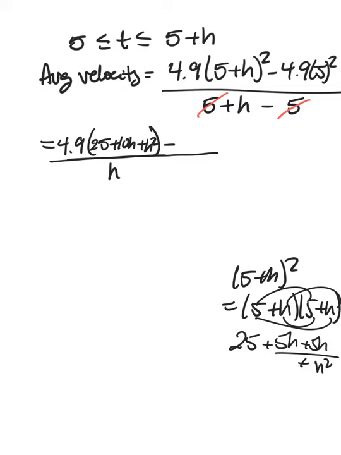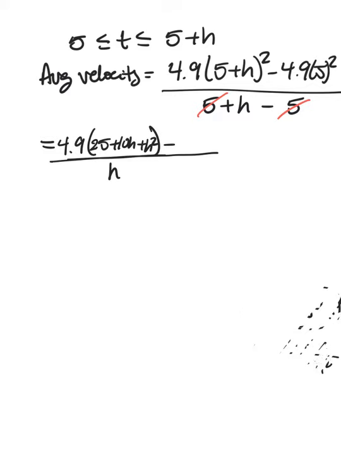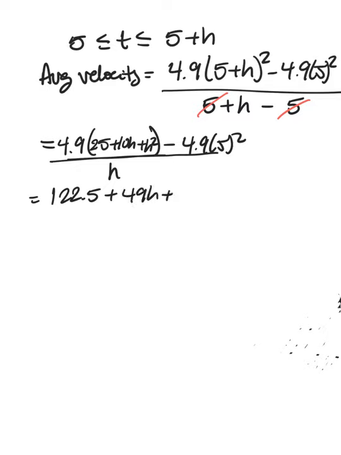Minus, I still have my x1 of 4.9 times 5 squared. I'm going to erase all that on the side because I'm going to need that space at some point. So 4.9 times 5 squared, that's still my x1. Now I can simplify this. I'm going to distribute that 4.9 into everything in the parentheses. So 4.9 times 25 is 122.5, plus 4.9 times 10h is 49h, plus 4.9h squared, minus 4.9 times 5 squared, that's 25 times 4.9, which is 122.5,